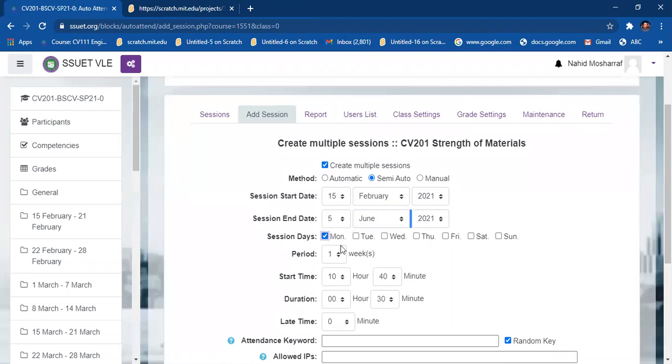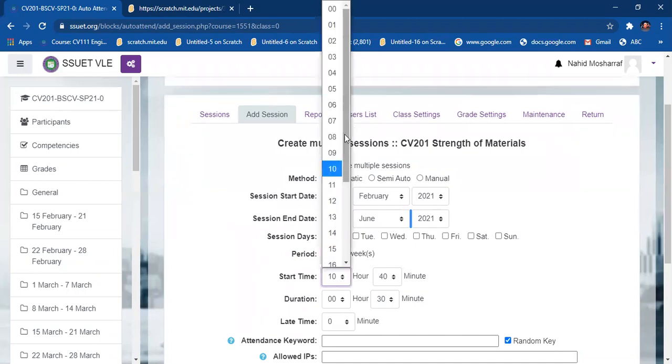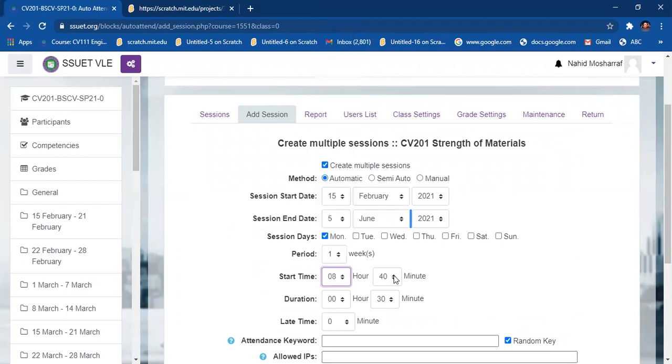On Mondays, the attendance should be automatic whenever the student clicks on the course, so he or she will get the attendance. Period, 1 week. Okay. The start time of my lab session is early in the morning, from 8:30.